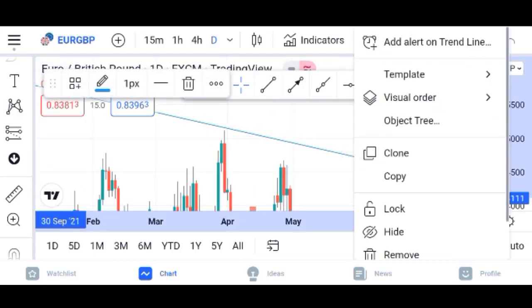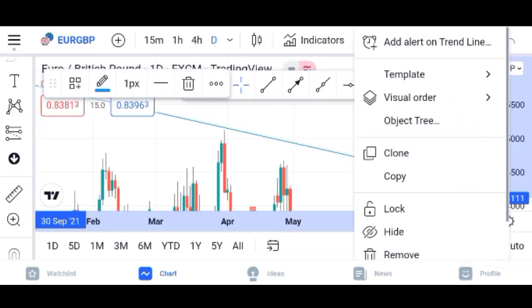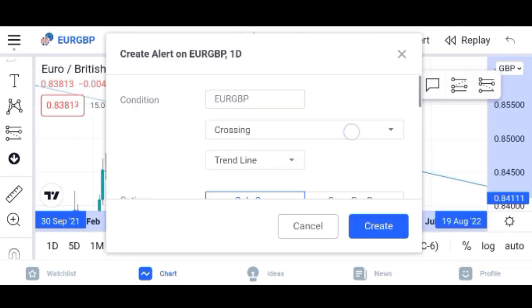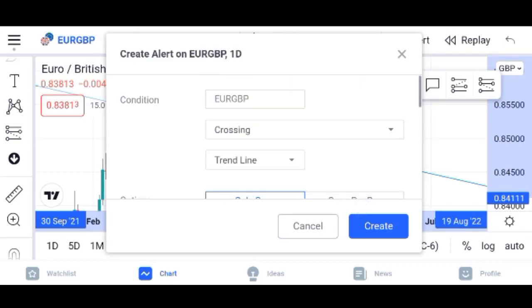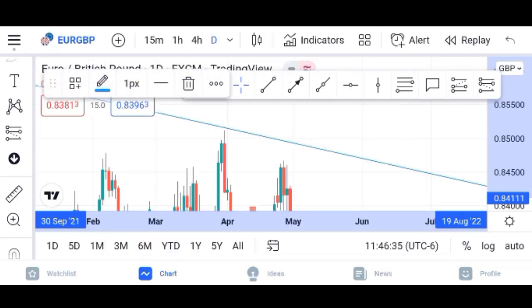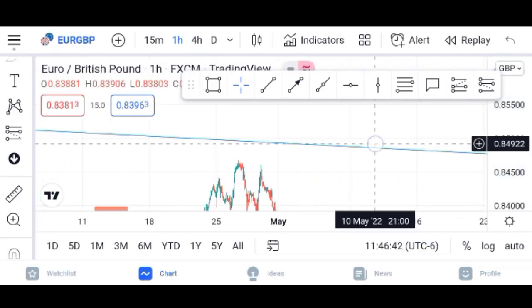Once I tap on it, all these buttons will show up. And once all these buttons show up, look at the first option you see, add alert to trend line. Once I click on add alert to trend line, it will bring on all these options. For me, because I am on a daily time frame, it will be working on a daily time frame. But if I want it to be on a lower time frame, maybe 1 hour, then I will click on 1 hour. If I click on 1 hour, then I will just tap on the trend line again,